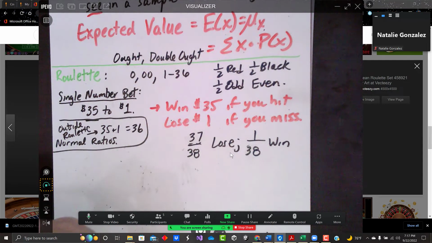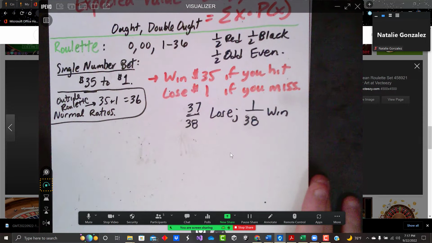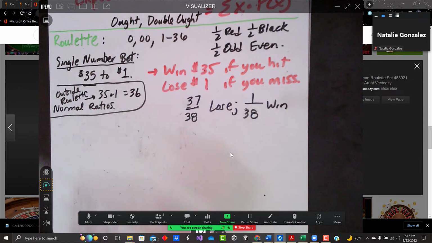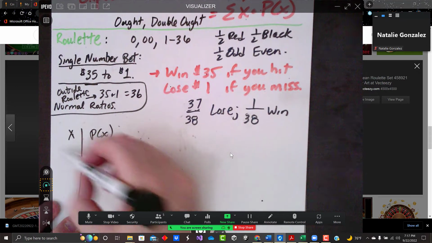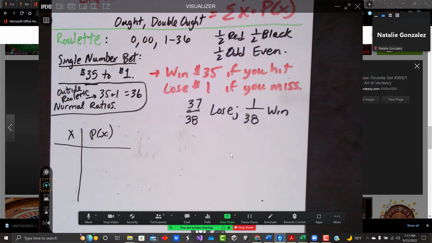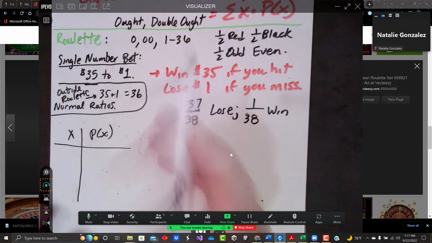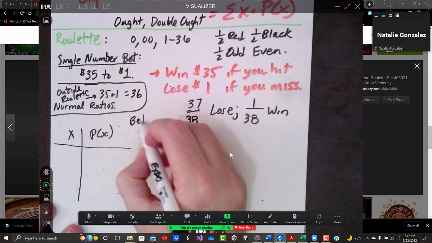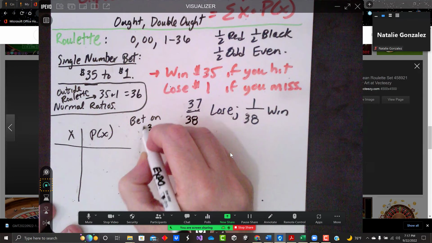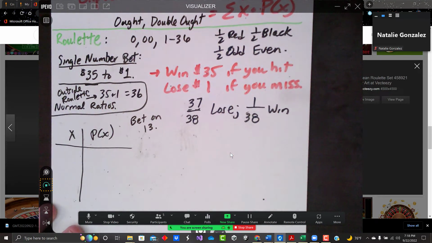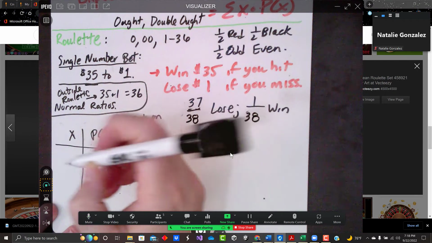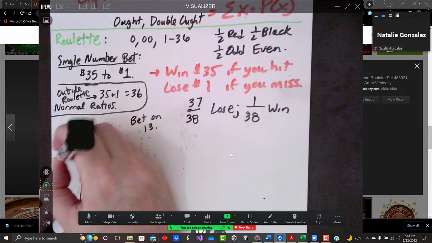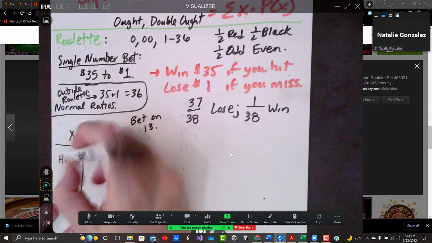So let's make a probability payout table. Let's do our probability distribution, X and P of X. So let's say I bet on the number 13. I like 13. So if I hit the 13, if I hit or win,